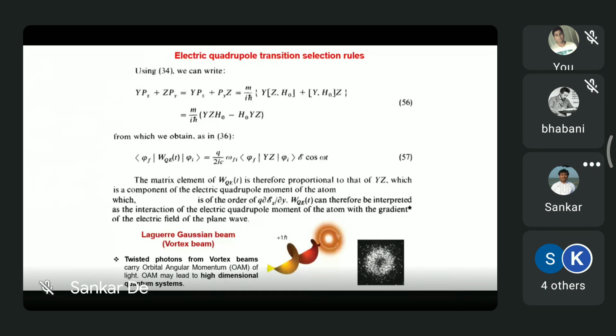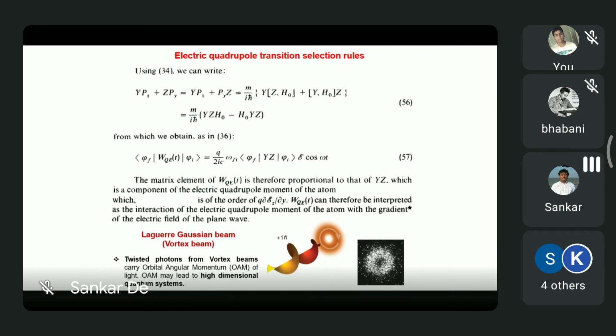That is true. And from EI and EF, just as it has been done in equation 36 for electric dipole transition, we got something like EF minus EI, divided by h bar, which we denoted by omega_fi, which is the transition frequency. But then we are left with a matrix element. So in dipole electric, we are left with a matrix element of Z. So it depends upon Z, meaning your propagation direction was along Z.